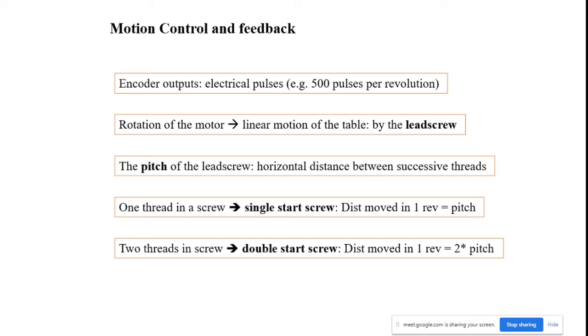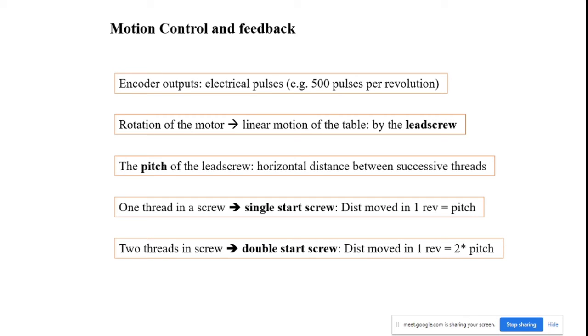After that, the second one is rotation of the motor. The linear motion of the table can be calculated from the rotation of the motor. N number of rotations can be carried out by the motor shaft. Based on that motor shaft rotation, the lead screw also rotates, so that we can convert the rotary motion into linear motion. From this we can calculate how much distance the table moved with the rotational motion of the lead screw, and so the linear motion of the table.